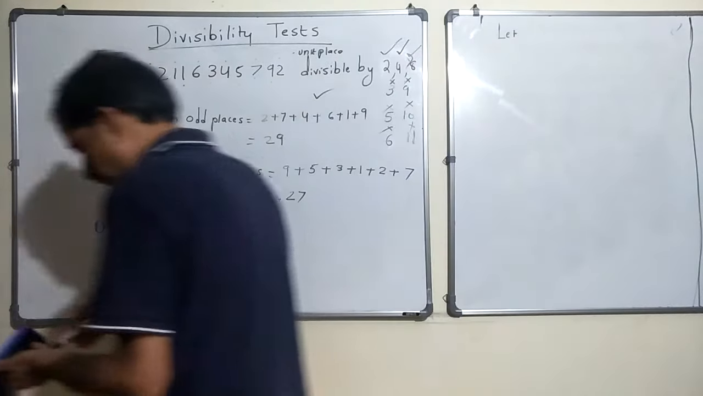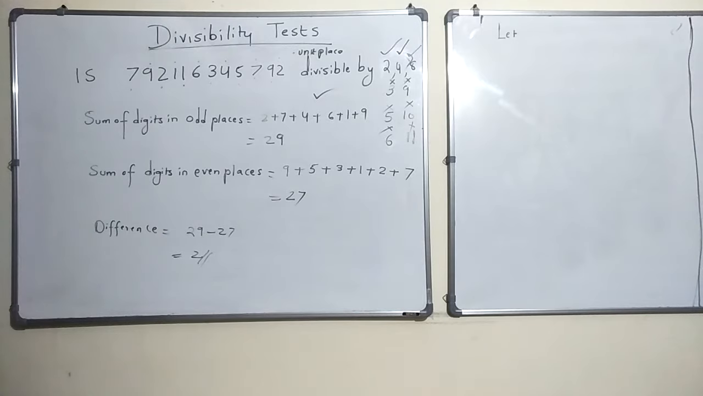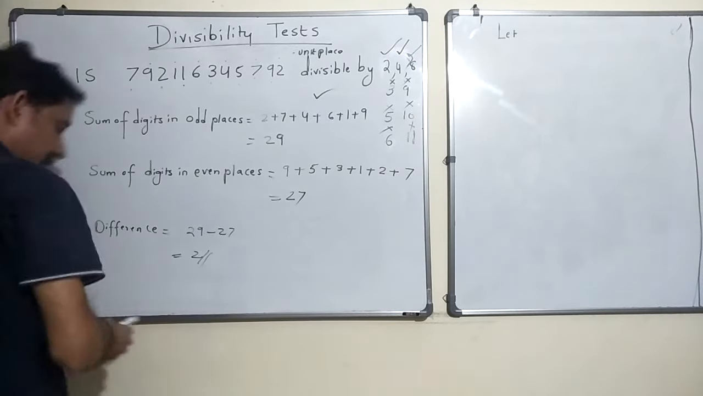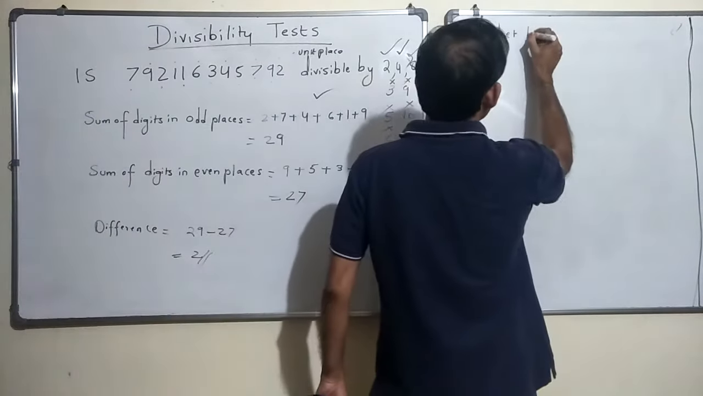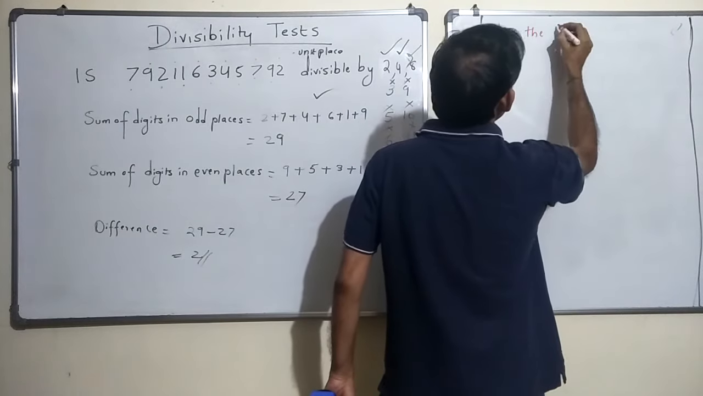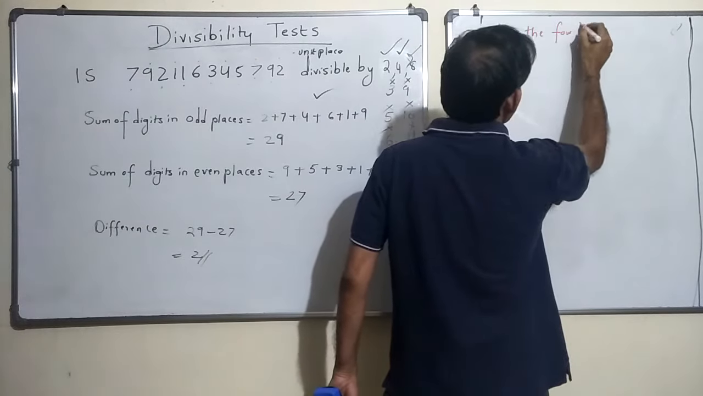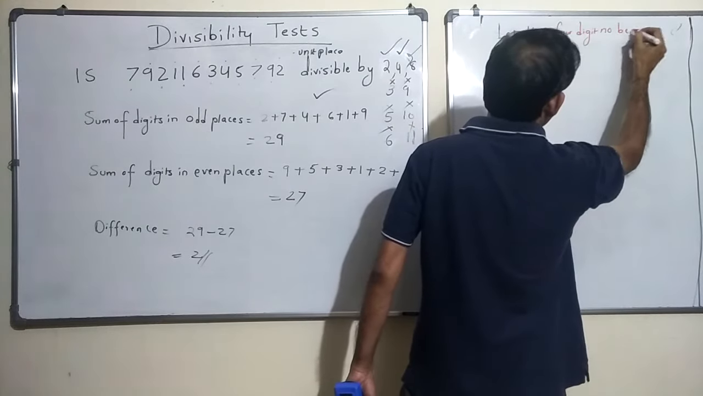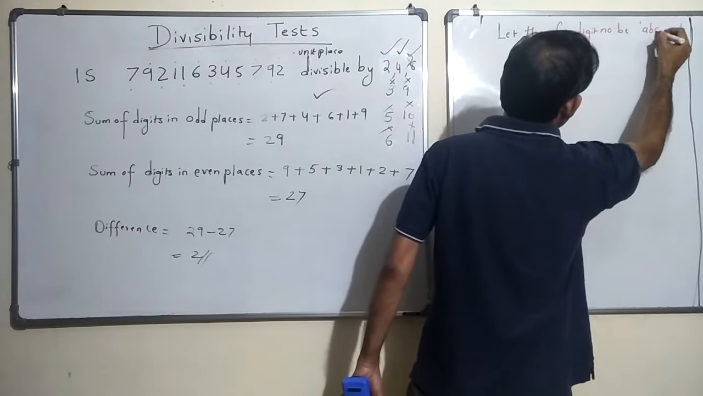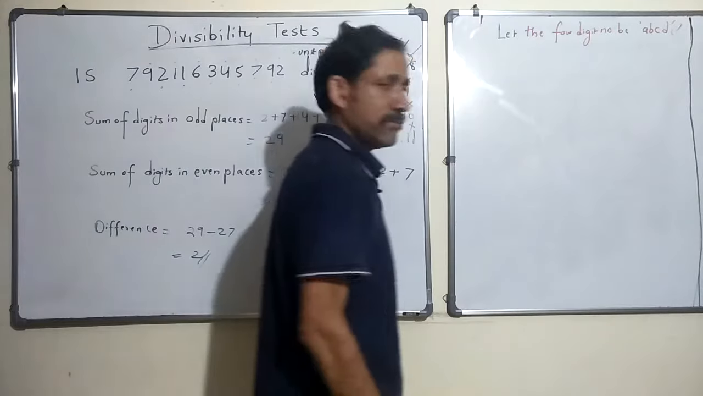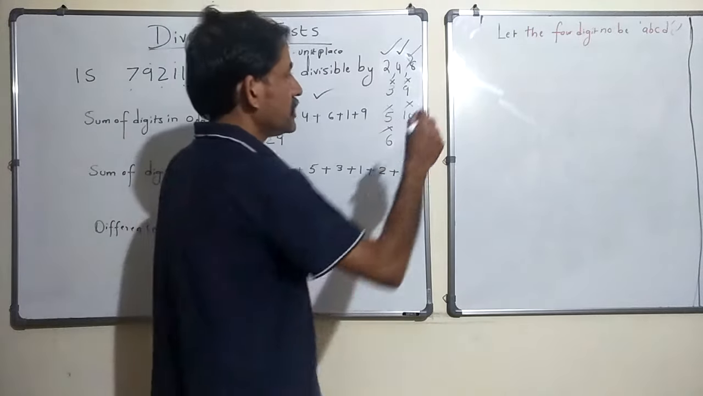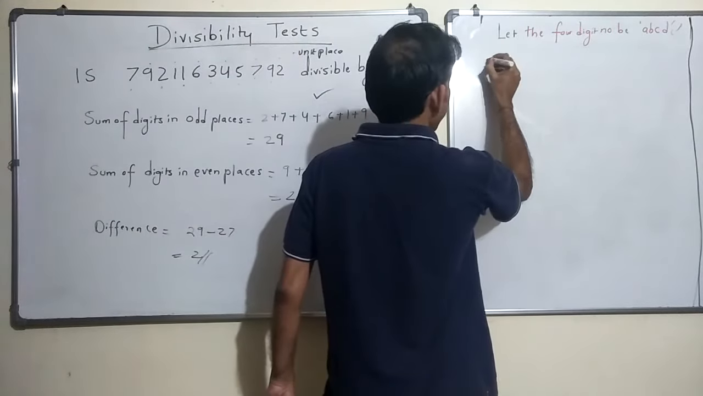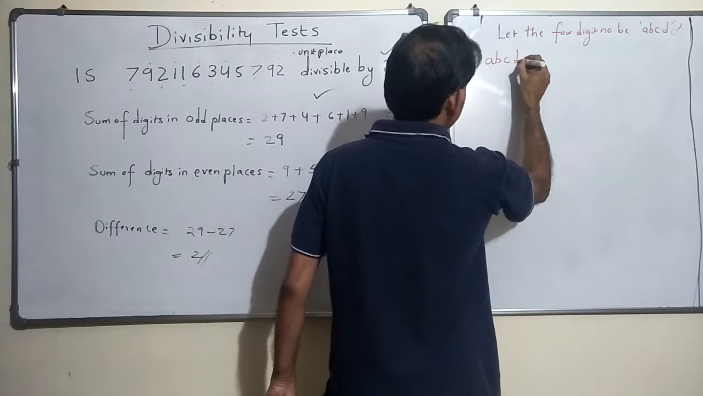Okay, so let me take a red marker. Let the 4-digit number be ABCD. Now I have taken a 4-digit number this time, and I can expand ABCD as